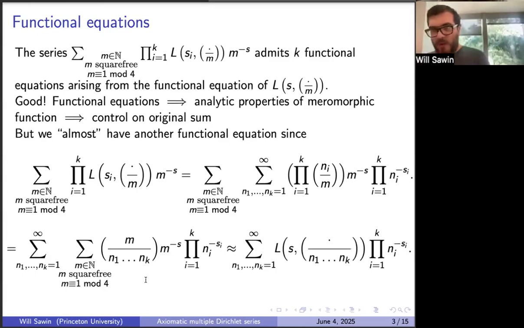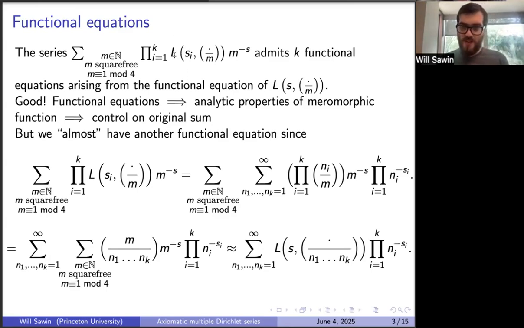But if it were an L function, it would have a functional equation, and you could sum the functional equation over n1 through nk to try to get a functional equation of the series. However, with these missing terms, it doesn't quite work. Now you could say, it's just my fault that terms are missing. I said at the beginning to get rid of those values of m. We could have just not done that. But the problem is when you don't do that, it causes problems for the original k functional equations that you would have,